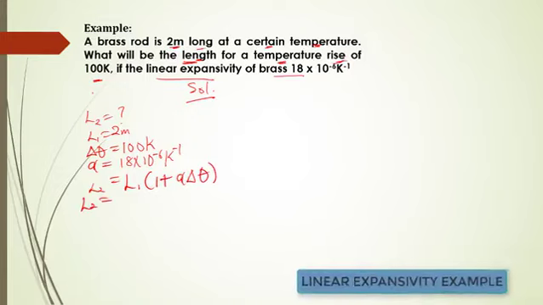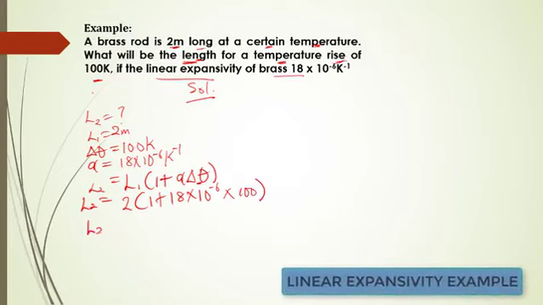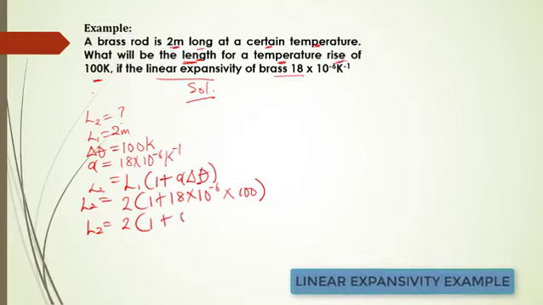So our L2 is going to give us L1, which is 2 meters, bracket 1 plus our linear expansivity, 18 times 10 raised to the power minus 6 times our change in temperature. Our change in temperature is 100 Kelvin. So we just have to complete this calculation by taking care of what is inside the bracket first of all. So for us to do that, we're going to have 2, and then we'll have 1 inside the bracket plus 18 times 10 raised to the power minus 6 times 100. Everything is going to give us